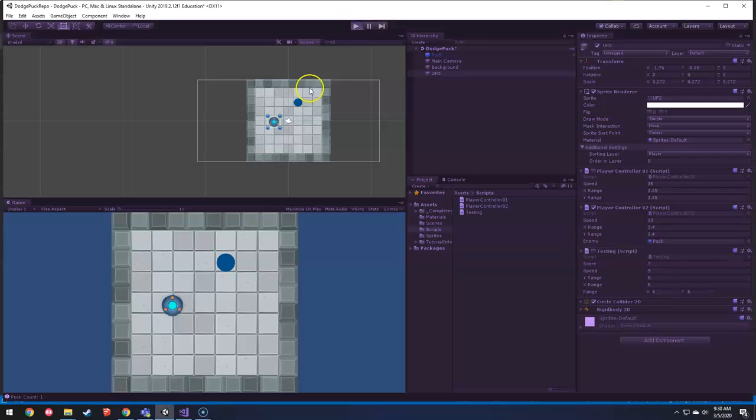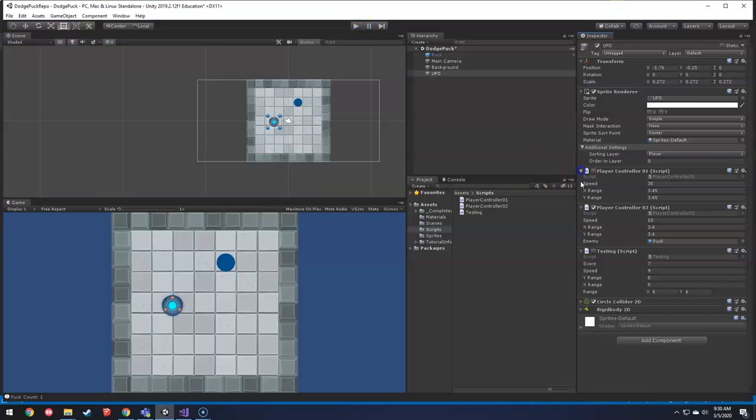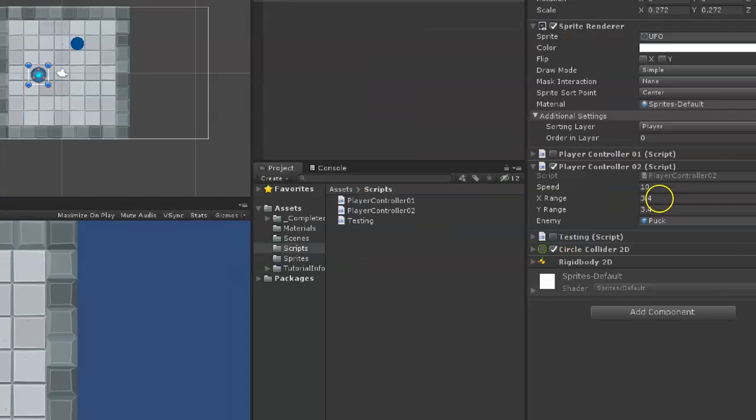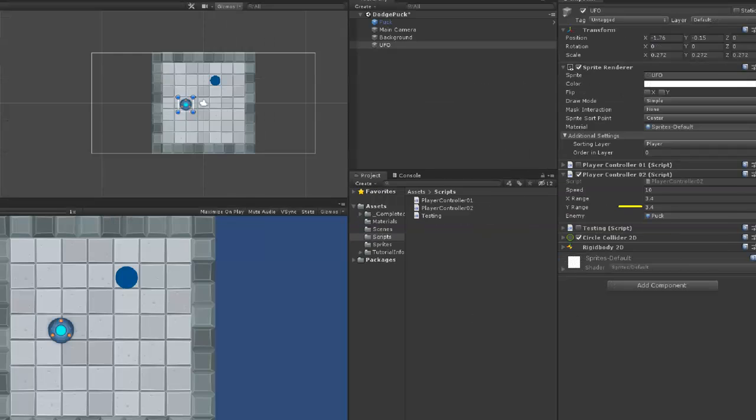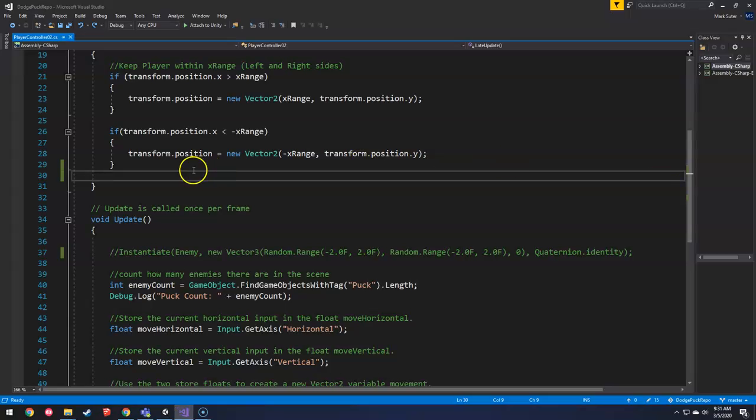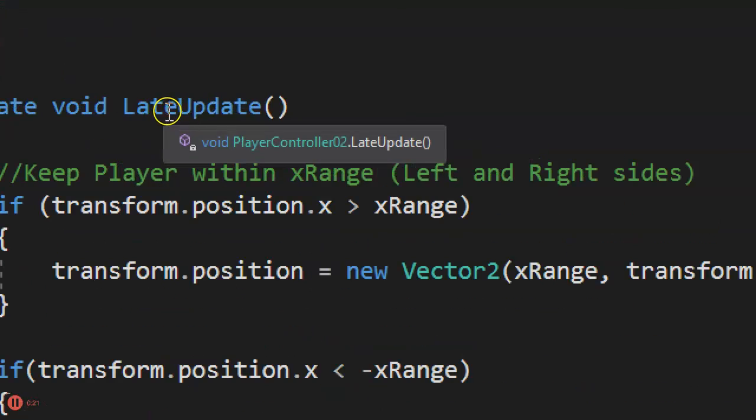Okay, so far we have a left and a right, but we do not have a top and bottom. We can go everywhere there. So we do have a Y range. If I collapse these ones I'm not using, we do have a Y range set, but it's not listening to that. So if we open up our player controller script, you'll see in the late update,